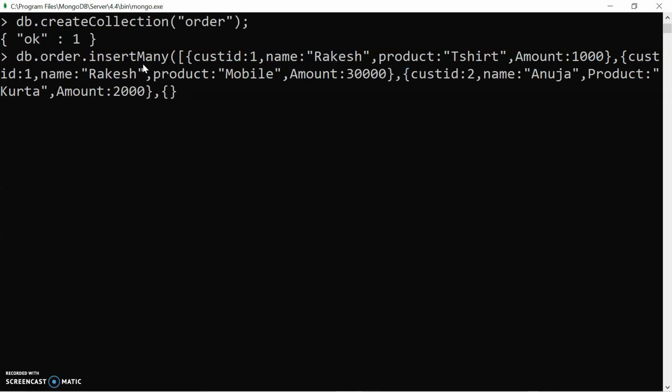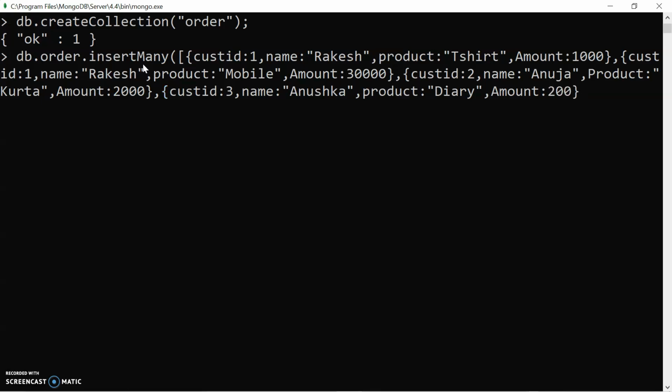Then the next object we will have cust_id 3, then the name of that customer is Anushka, then the product which she has bought is, suppose, pen, or we will have a diary, suppose, and then the amount of that diary is 200 rupees.